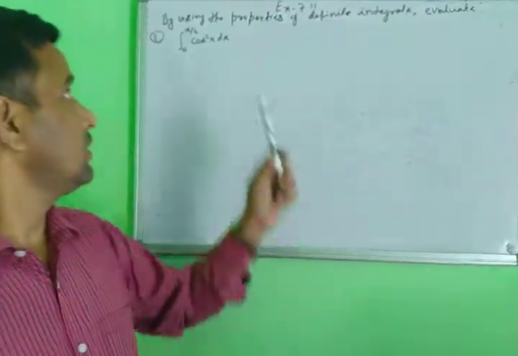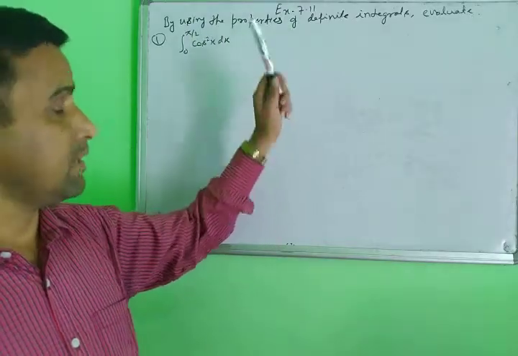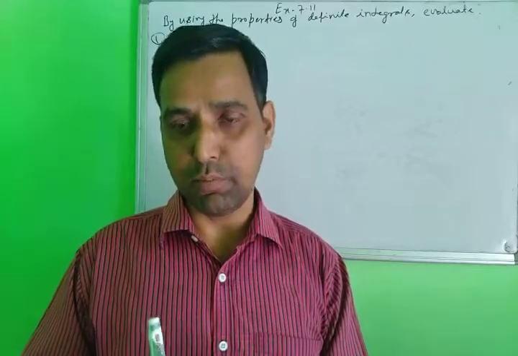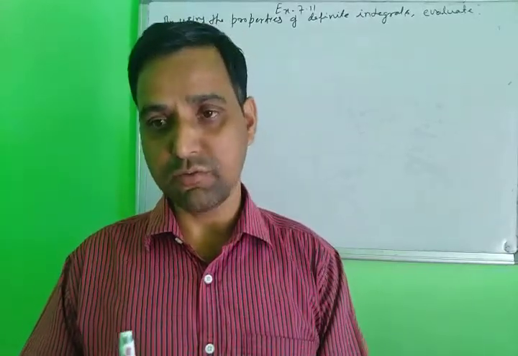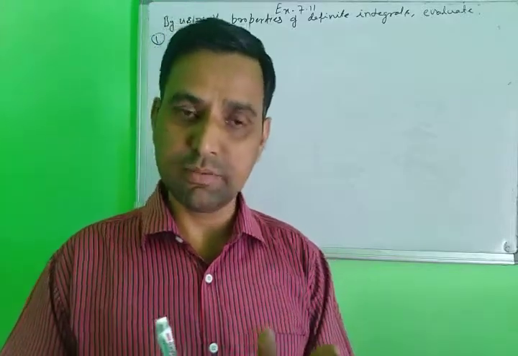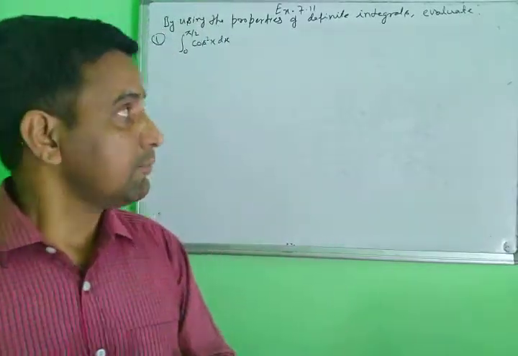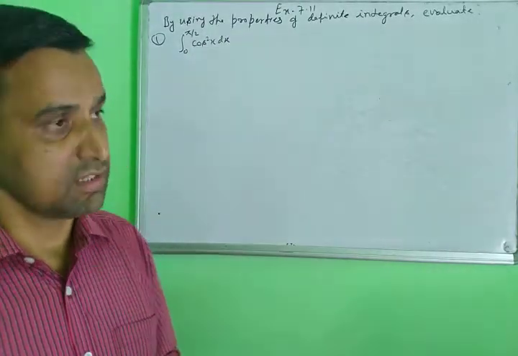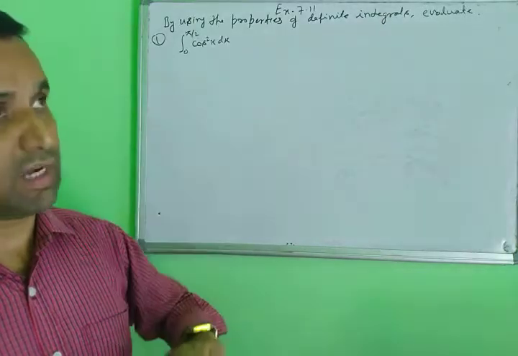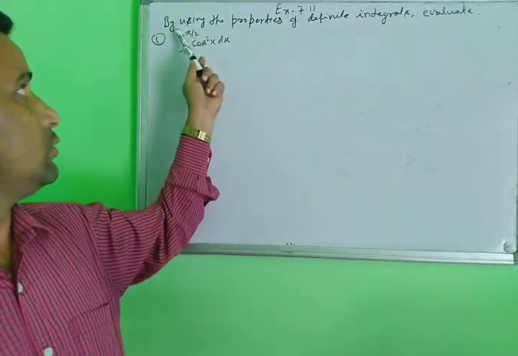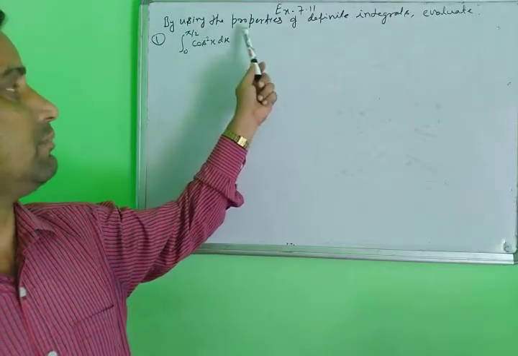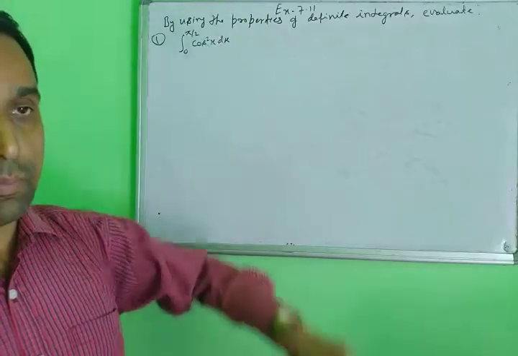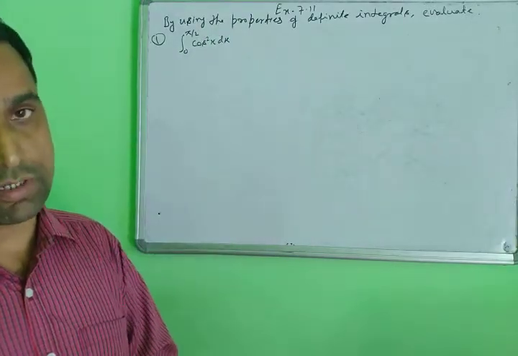The answer will be the same, it will not change. The second trick is using the property. Here the instruction says to use the property, so you must use the property, not break it down into the simplest form and solve. Without using the property you will not get the marks, because the question must be solved using the property, not by direct solving.